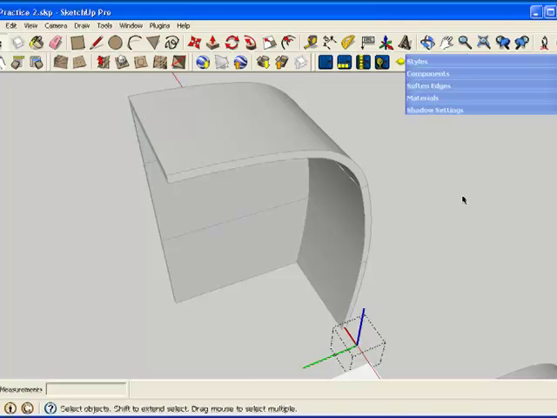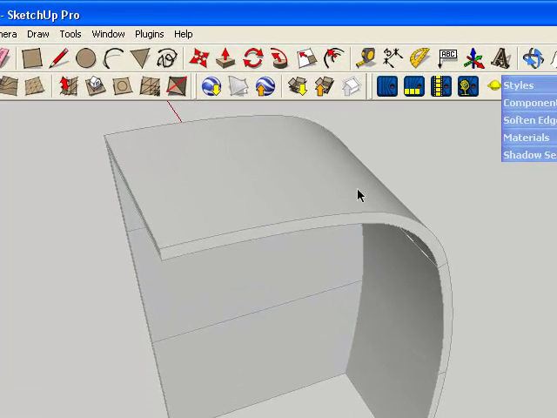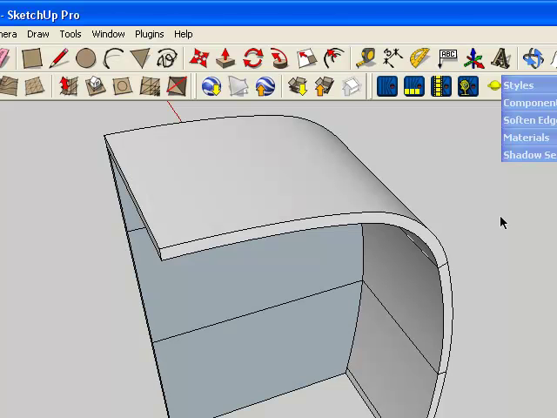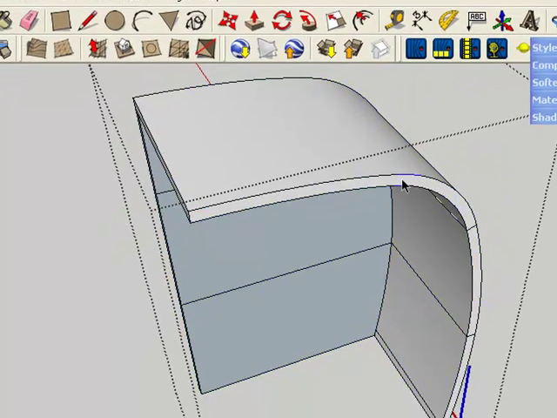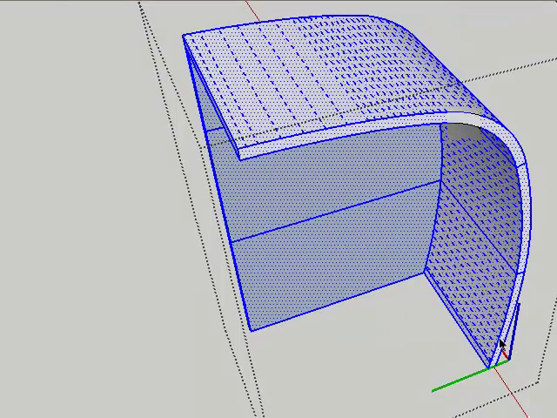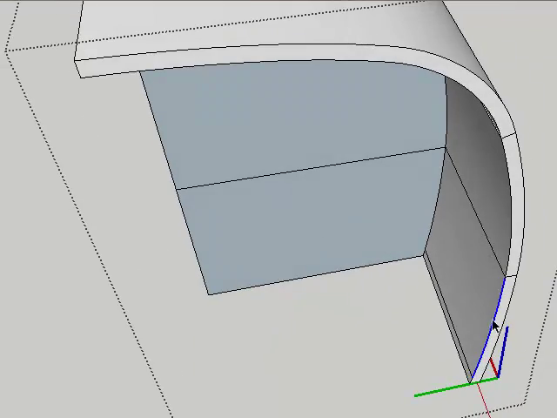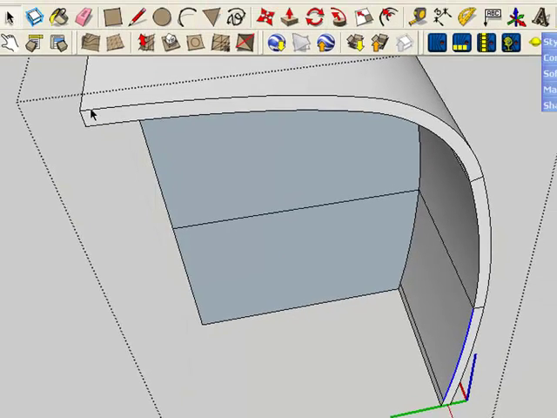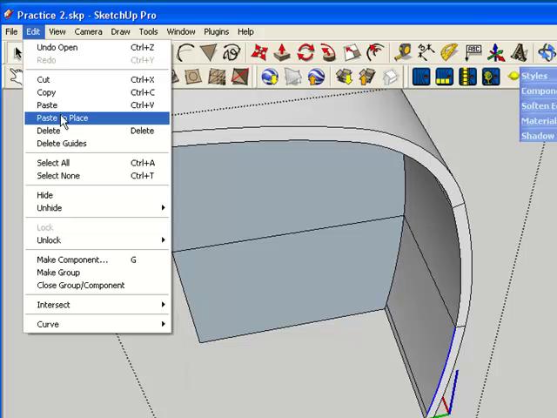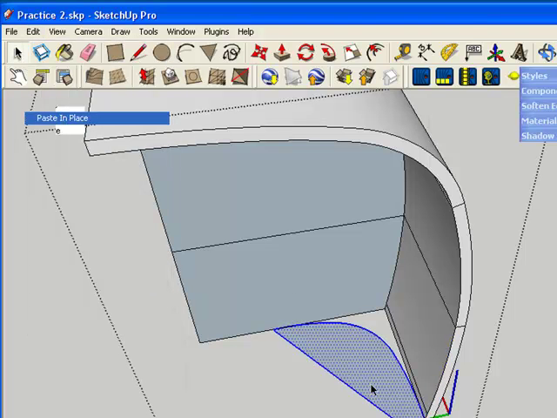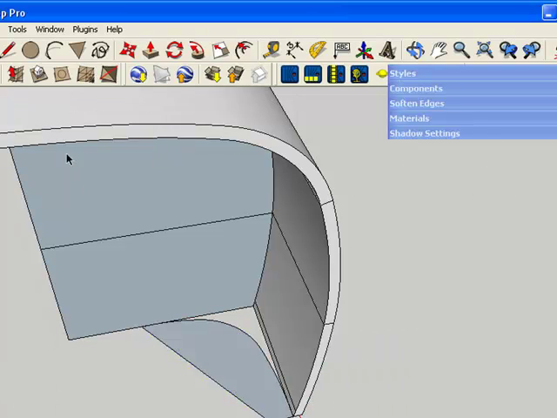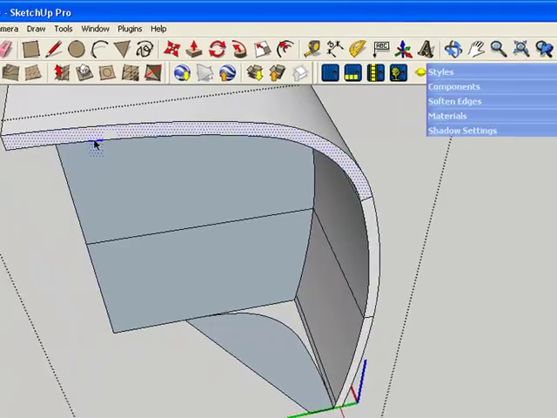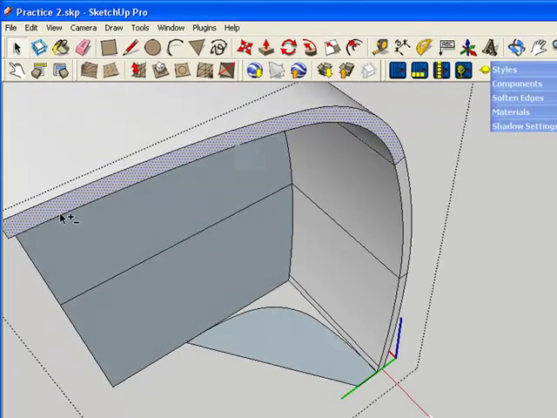So I've removed it. Okay, I need to back out, because you can see by the color of this that I'm not in the outside mode. I'm going to click on this now to find the component, and double click till I get clear down to the line stage that I want to be at. Now I'm going to go back up and say edit, paste in place, and that should now put that on the same level as where I want the line. So now I'm going to go back and highlight my line, hold down the Shift key,